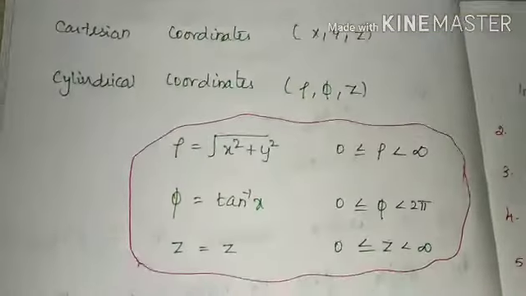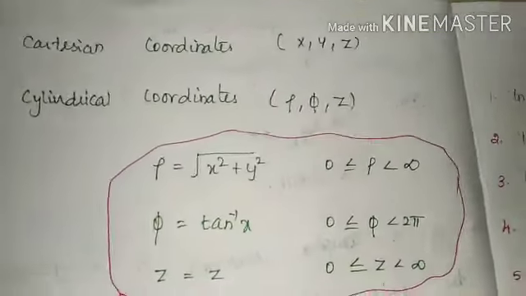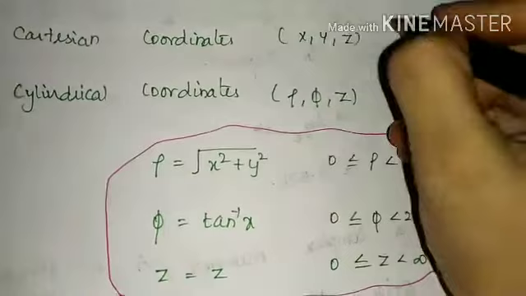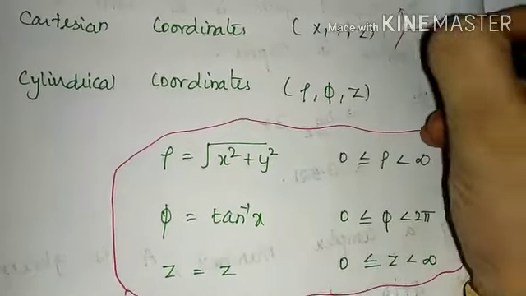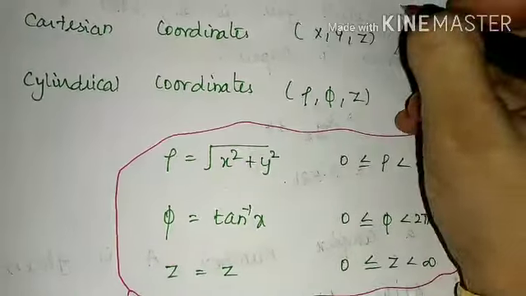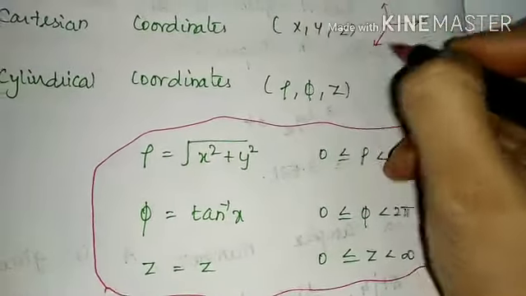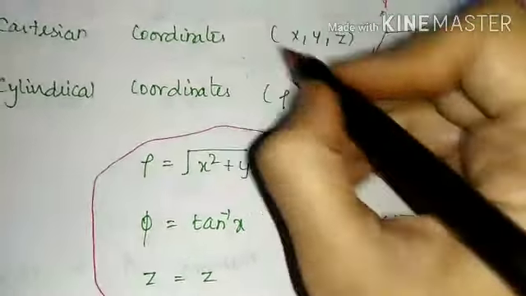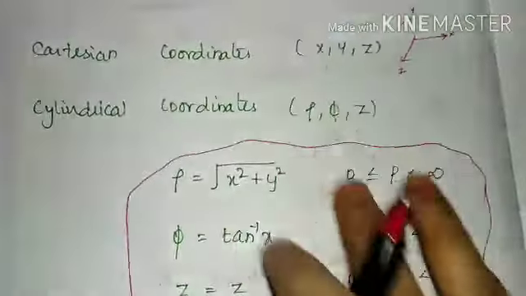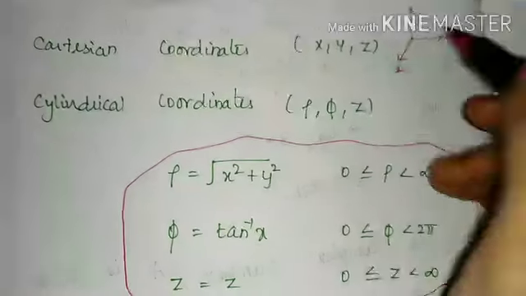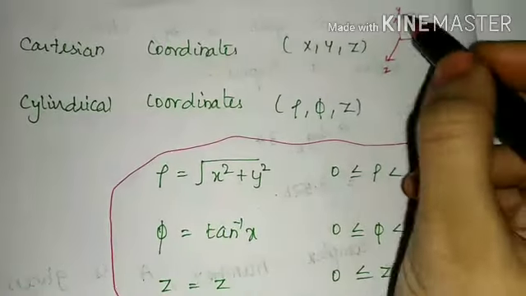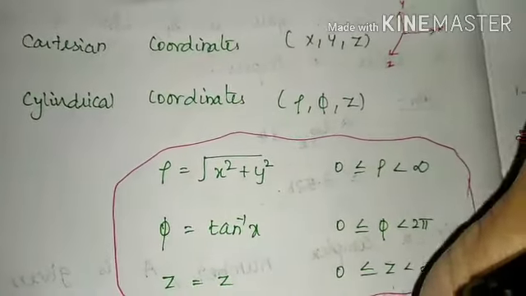Here, the example for Cartesian coordinate system, we can assume it as a cube. X, y and z axis. This is said to be x axis, this is said to be y axis, and this is our z axis. These three values may be constant values. This Cartesian coordinate system is a very simple coordinate system. It is just a representation of any cube or linear structures, right?